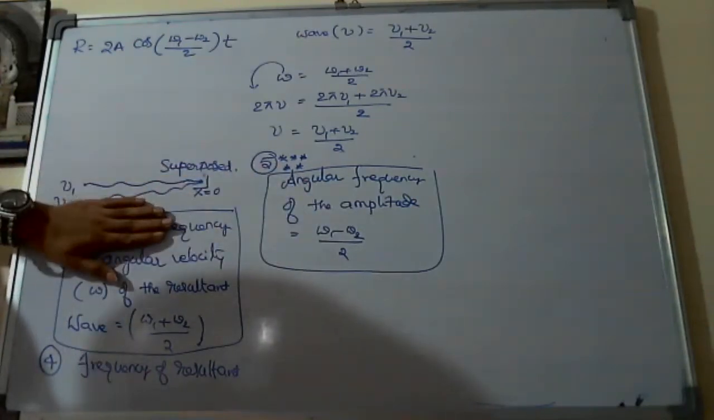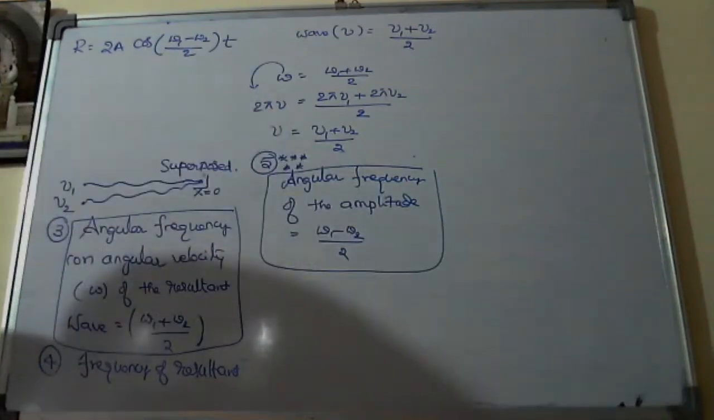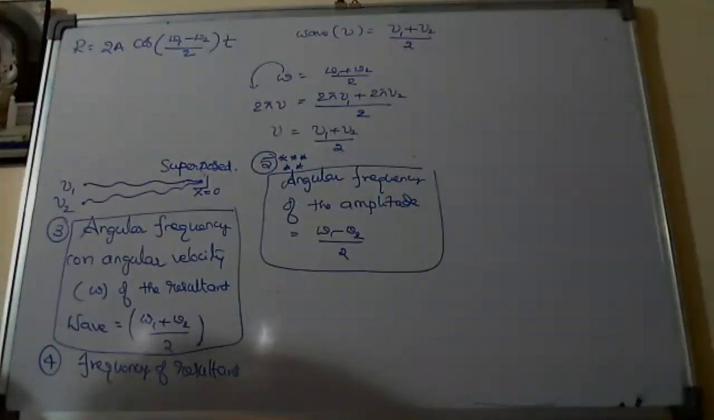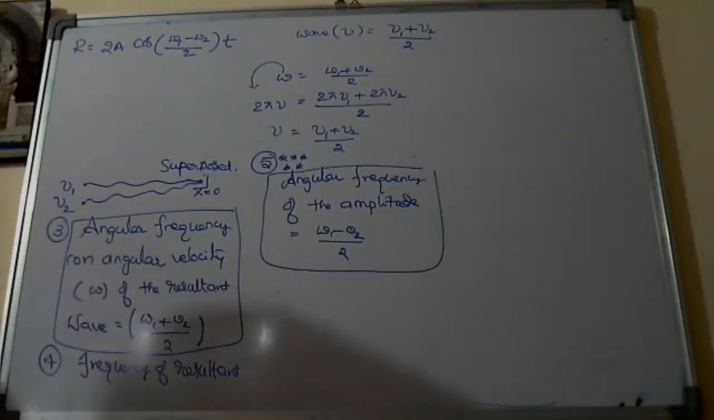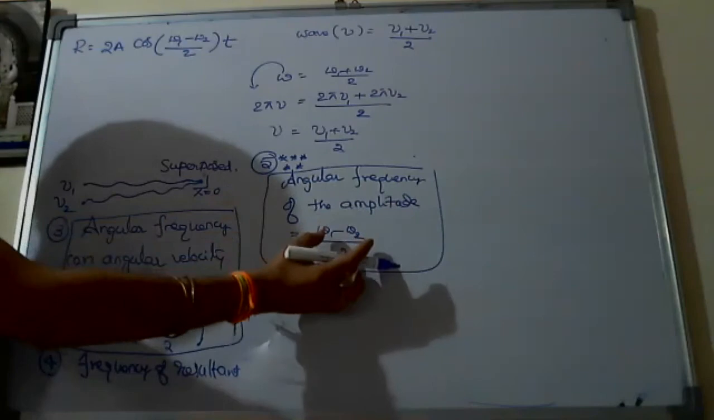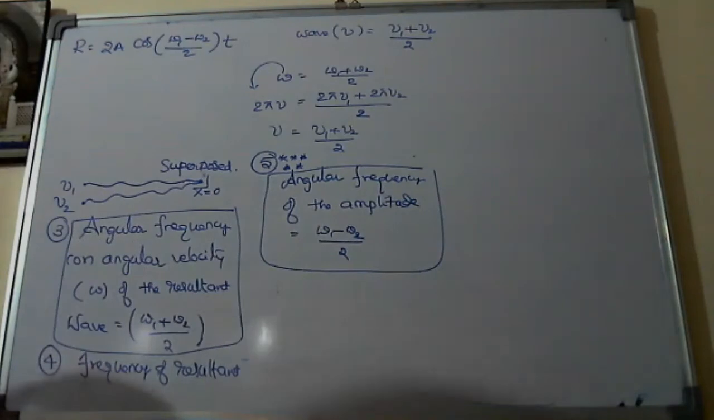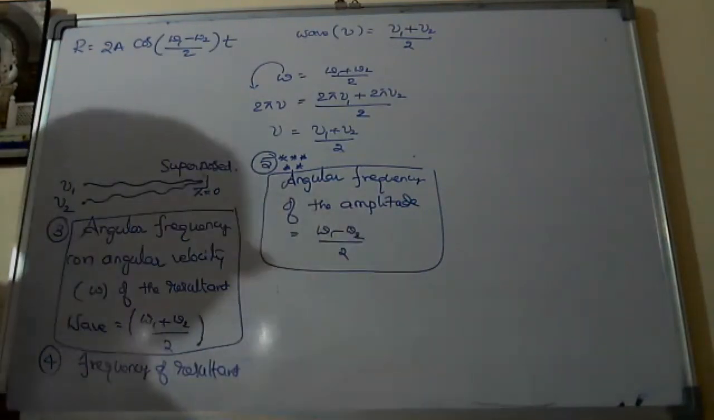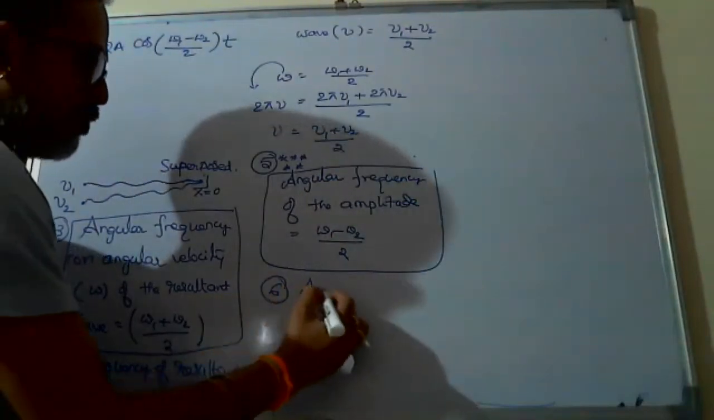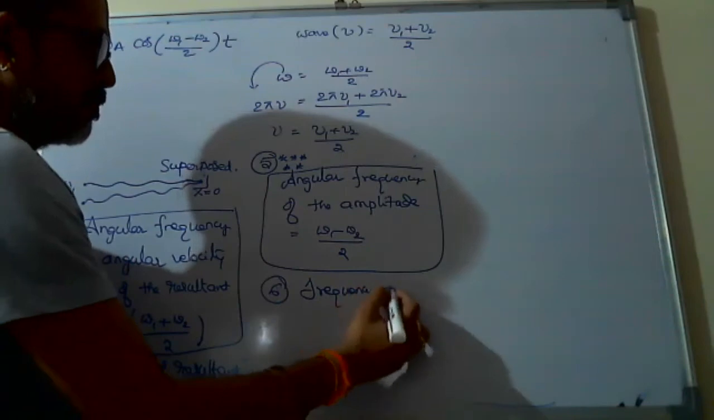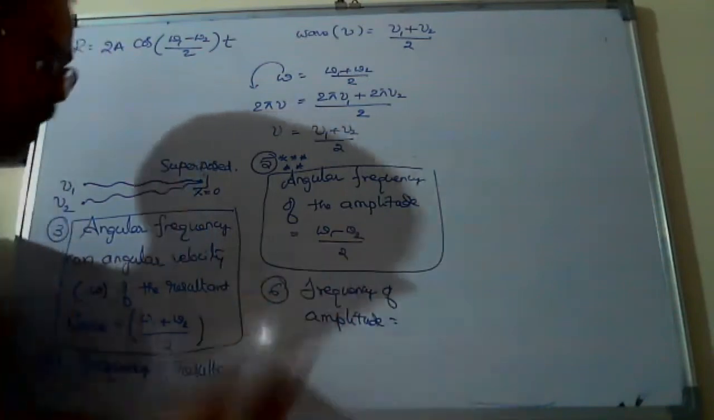This is the angular frequency of the resultant wave. This is the angular frequency of only the amplitude. Amplitude changes with what angular frequency? Omega 1 minus omega 2 by 2. Wave angular frequency is omega 1 plus omega 2 by 2. In the same way, if I ask the frequency of the amplitude,